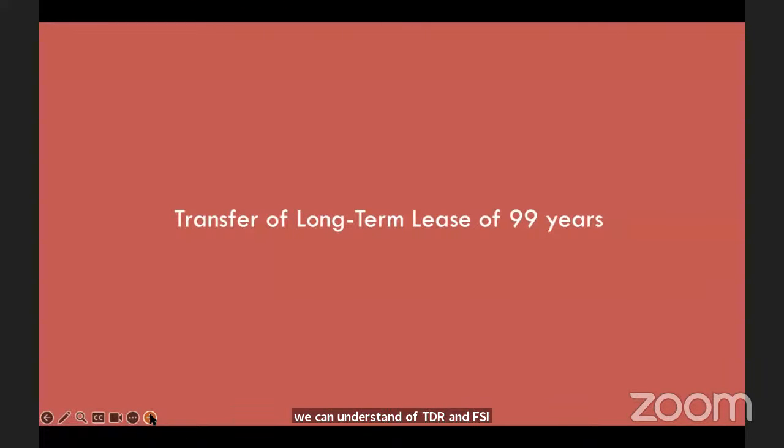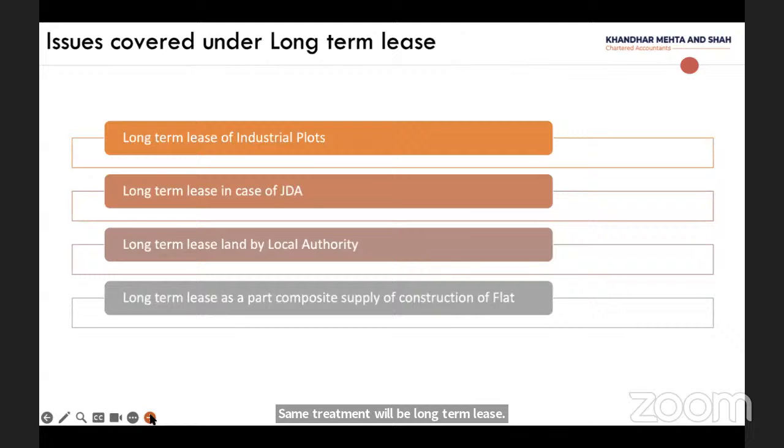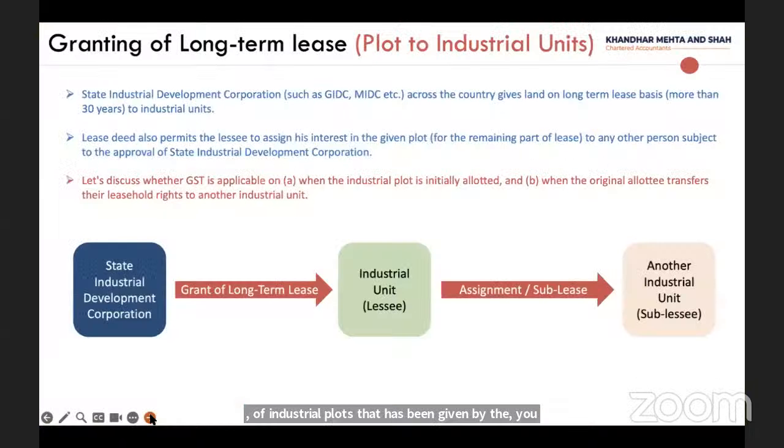Same treatment will apply to long-term lease of industrial plots given by the various industrial development corporations. Now, the problem is that certain state industrial development corporations, such as DIDC, Gujarat Industrial Development Corporation, Maharashtra Industrial Development Corporation, give long-term leases, more than 30 years, 90 years, 99 years, 999 years, to industrial units for the development of industry, for construction of a factory building, and to run the industry from that particular land. So that transaction of grant of long-term lease from the state industrial development corporation to the industrial unit is